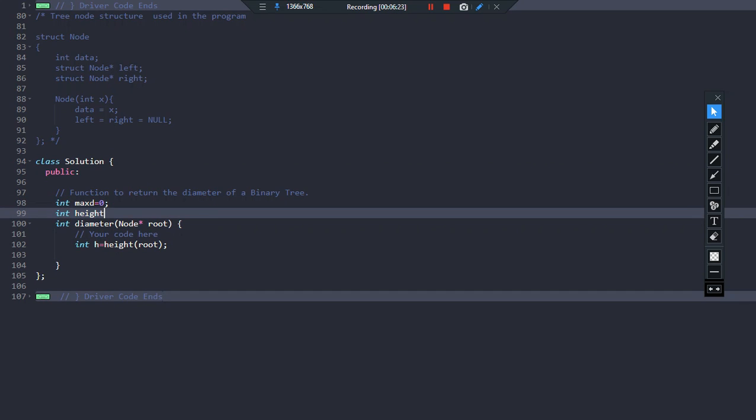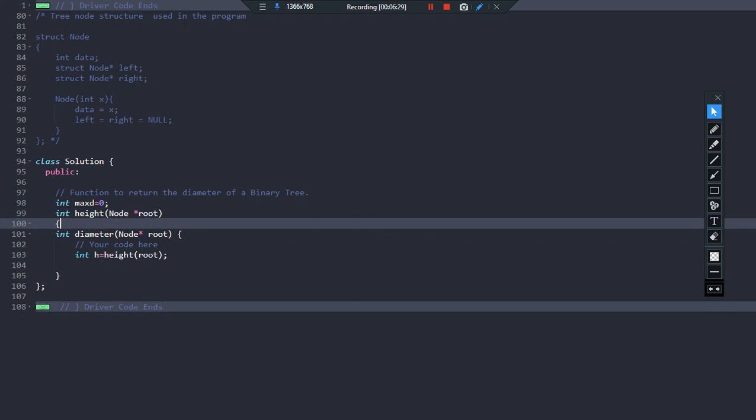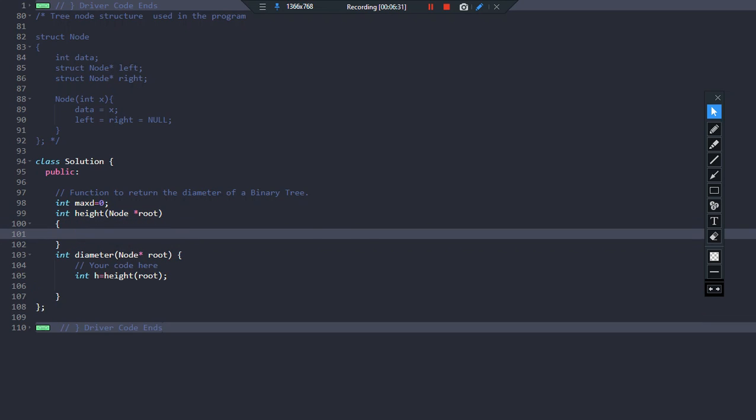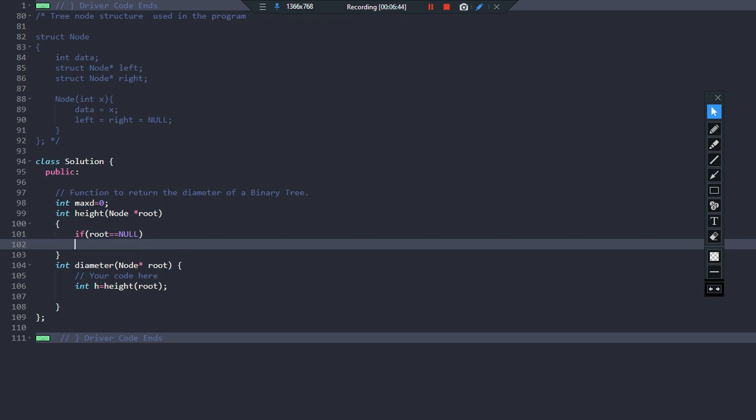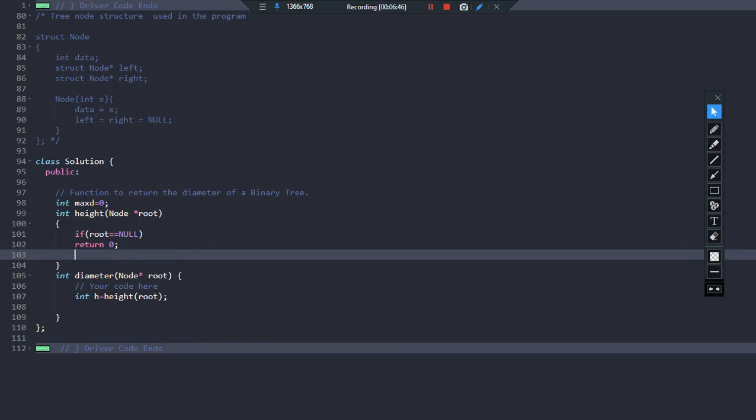Done. Let us now declare the function height. So integer height, and we used to receive a root node here. I hope you are now familiar with writing the height function. How do we compute the height of a tree? Basically we have a base condition which checks if root is equal to null. If it is null, we return 0, right?